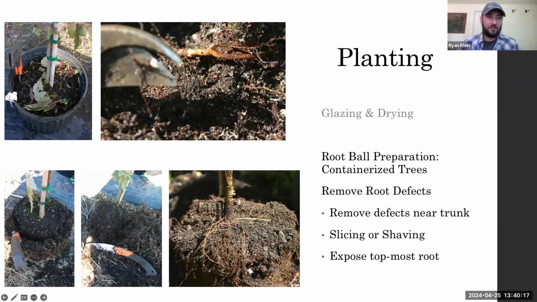So, we talked about defects earlier, but this should be something that, if you have a high quality tree, should be addressed by the growers before it even comes to the site. But if you do have any of these defects that are correctable at the site and it's not warranting of rejecting the tree, definitely do it before planting. But if they're too far gone, you should probably be rejecting the tree. But again, no circling, girdling, crossing, kinked roots.